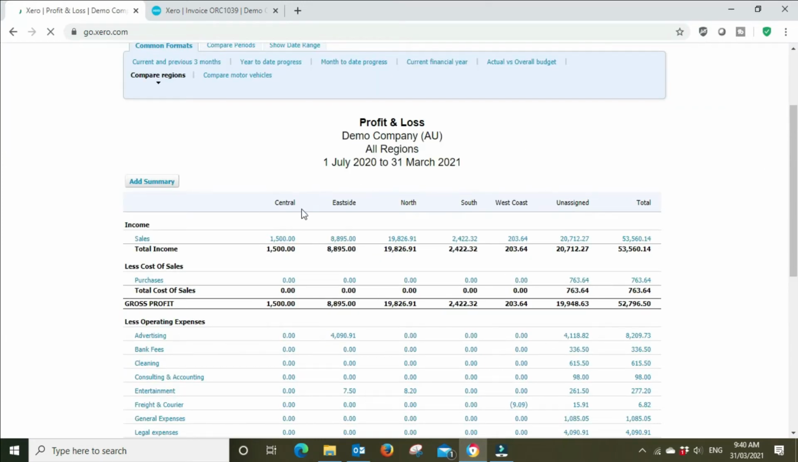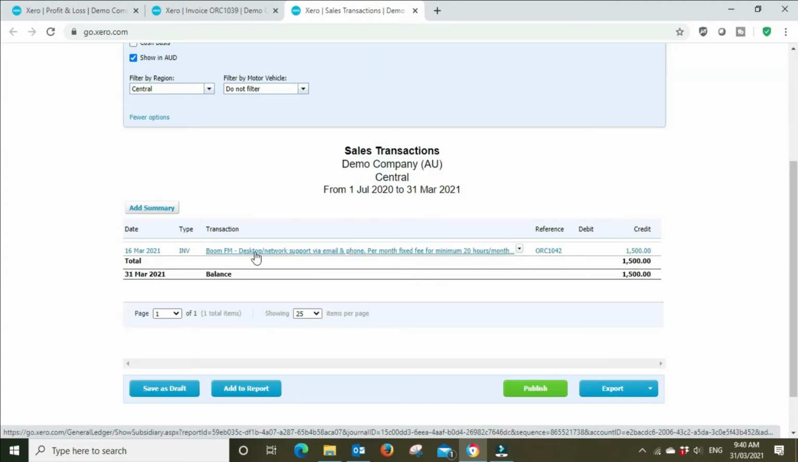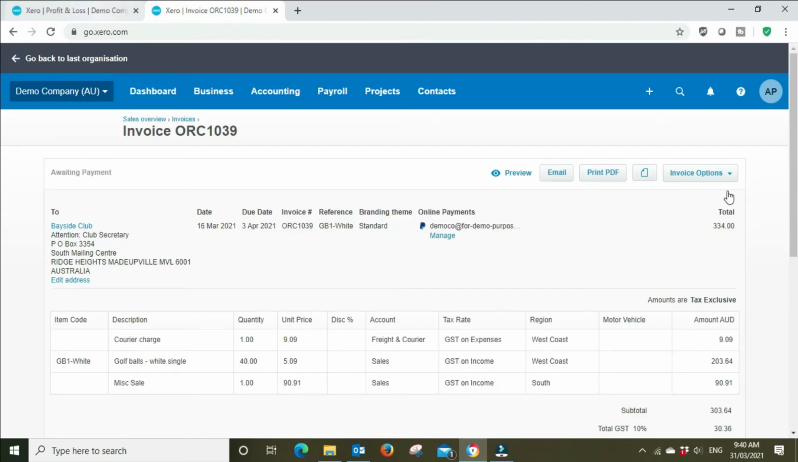And then up the top here we have all the different regions. Central, east side, north, south, west coast. So that central was one of the ones we edited before. And we can go into that and have a look. And that is that Boom FM invoice that we edited previously. So going back